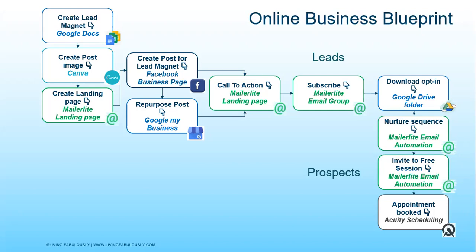And Acuity scheduling is also a useful application that I find becomes the hub of what I would call your customer journey. So in Acuity scheduling, you can set up appointment types that have either no cost attached to them. So we would set up a discovery call for 20 to 30 minutes with no cost attached to it. You can then create a confirmation email to that person to say, this is the time of your appointment. This is how we're going to connect, because you might want to connect with that person online